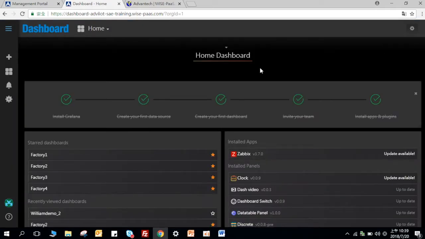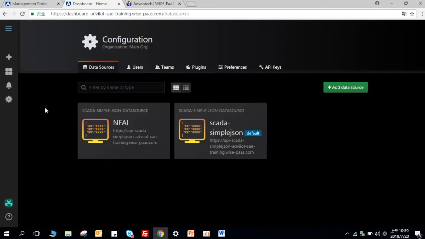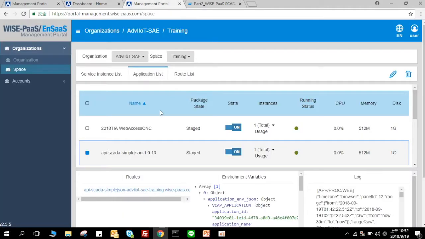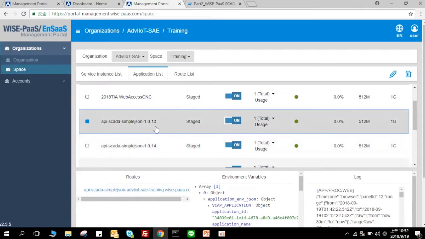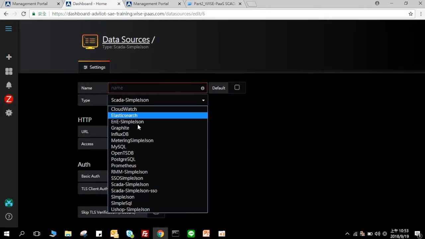After we go to the dashboard homepage, we have to configure the data source first. Select Configuration, Data Source, and then click Add Data Source. Then select the data source type. Now, please refer to your version of API SCADA Simple JSON in Management Portal. Now we can see that our version is 1.0.10. So, because our API SCADA Simple JSON version is 1.0.10, we have to choose the data source type SCADA